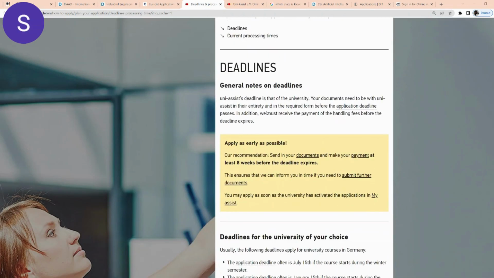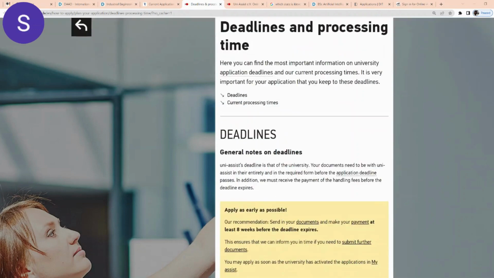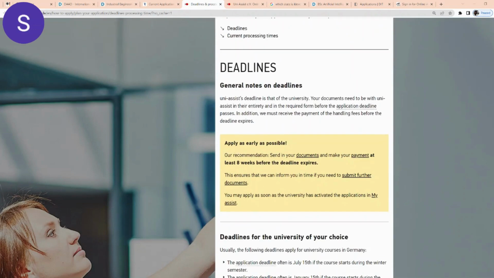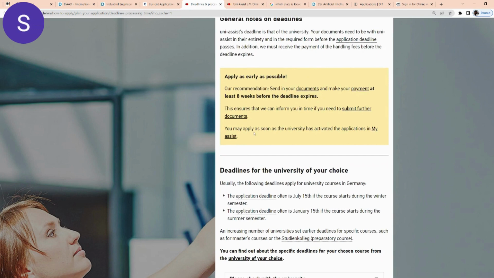So now this is the deadline according to Uni Assist. Uni Assist says here that you should apply as early as possible. Their recommendation is to send your documents and make your payments at least 8 weeks before the deadline expires. Note here that the deadline of Uni Assist is the same as the university's deadline, which is 15th of July. And here it says you may apply as soon as the university has activated the application in